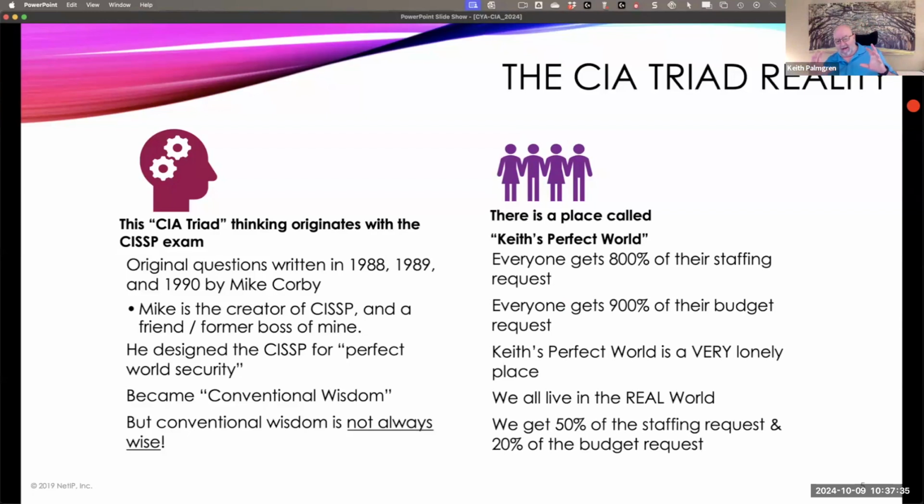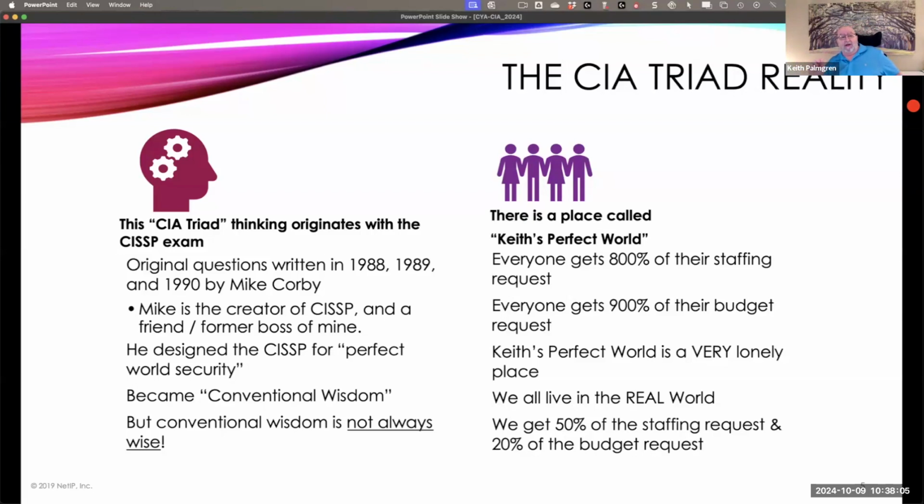And back in the late 90s, I managed what at that time was the second largest security consulting program in the world. And I was with Sprint back when Sprint was still a Fortune 50 company. But in many organizations, we would go into company after company after company, and we would try to implement the CIA as three equal parts, the triad, the way we had been taught, the way we had been certified, etc. And in every case, we failed.